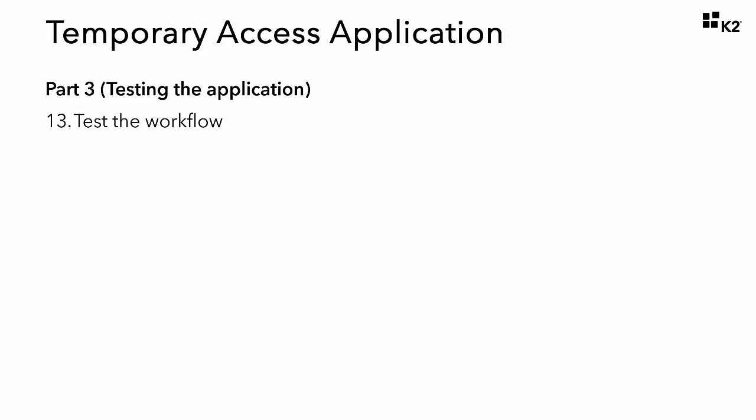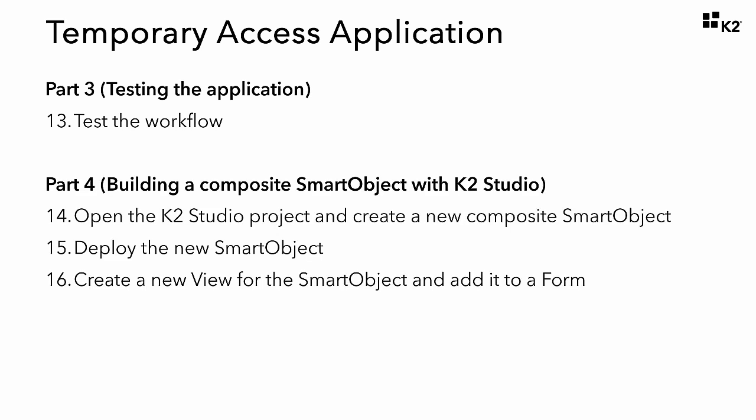Part 3 will set up a series of test records to run through all the possible paths the workflow can take after building out the workflow in the first two sections. Then, in Part 4, we will create a composite smart object using K2 Studio that will combine data from the workflow reporting service with data from the K2 Smartbox service that is tied to the input form in the application. In effect, we are going to combine workflow reporting data with business data to build a report that is relevant to our users so that our users can easily see which temporary access authorizations are in effect and what the